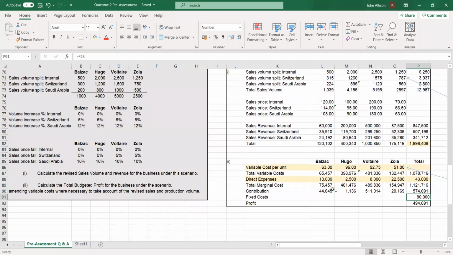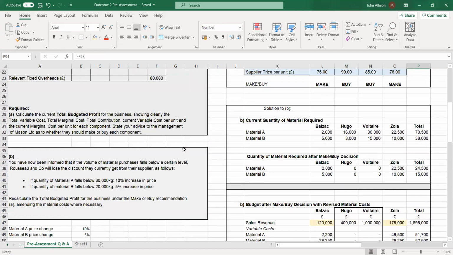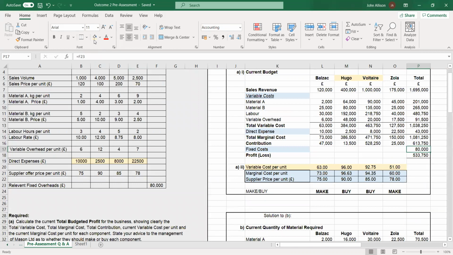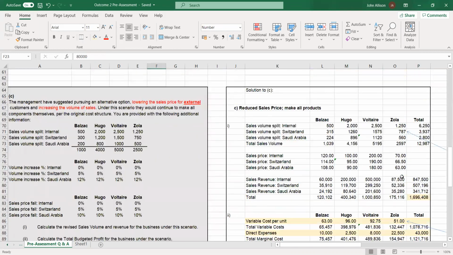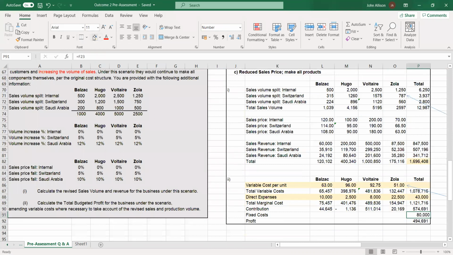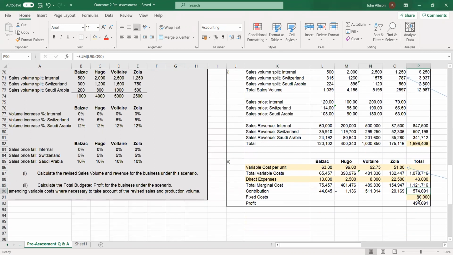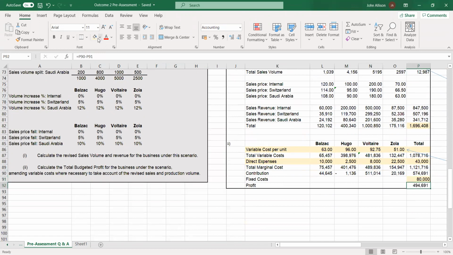Once we've got the total contribution, we then take off the fixed costs, which are still what they were originally, the 80,000. We can see still 80,000 here. So we get the contribution of 574,000, take away the fixed costs of 80,000, which leaves us with a profit of